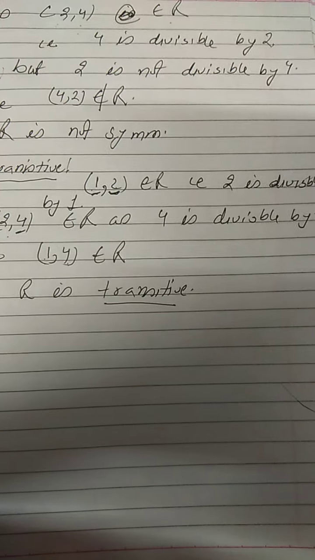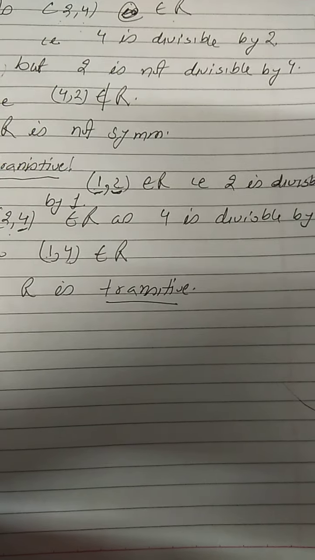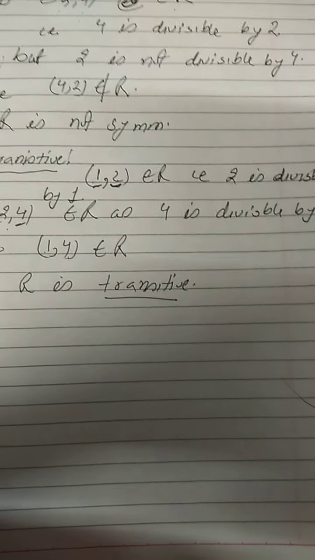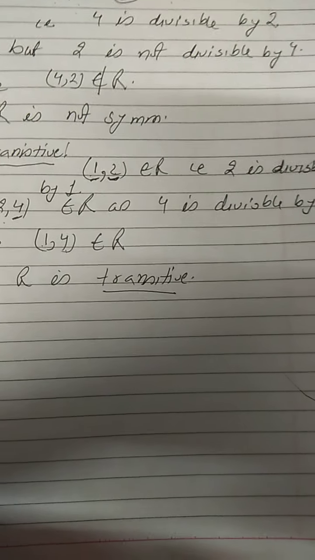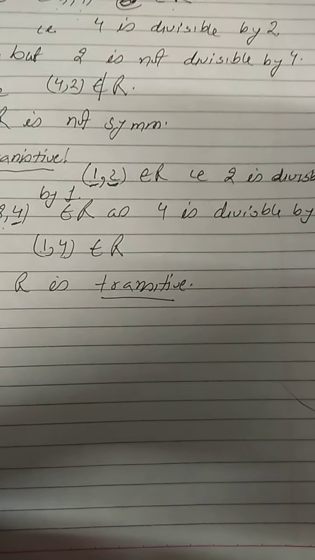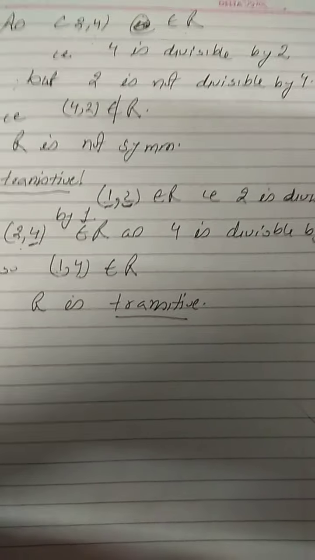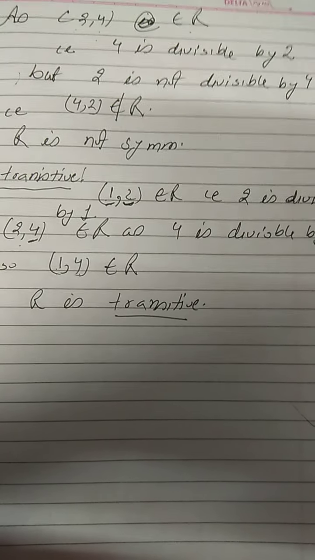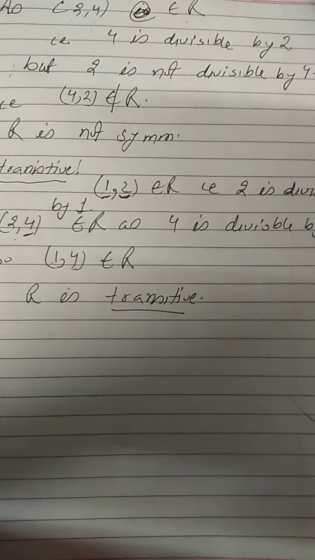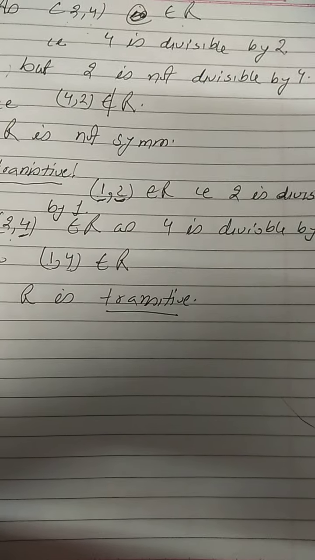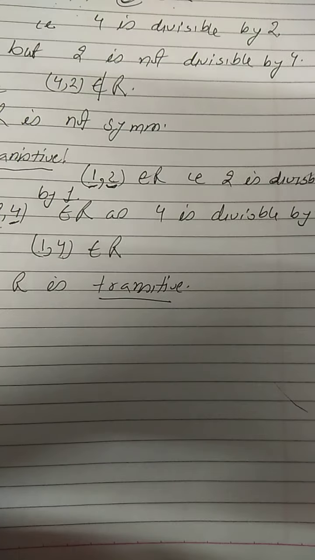So sum number 1, the second part is homework, then the fourth and fifth parts are both homework. If you notice in the fourth part, the relation is defined on all the integers. All the integers mean negative and positive both. The relation is all the ordered pairs (x, y) where x minus y is an integer. Since Z is all the integers, containing negative and positive both, if x minus y is an integer, y minus x will also be an integer.